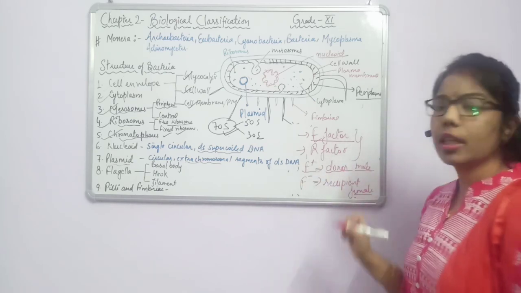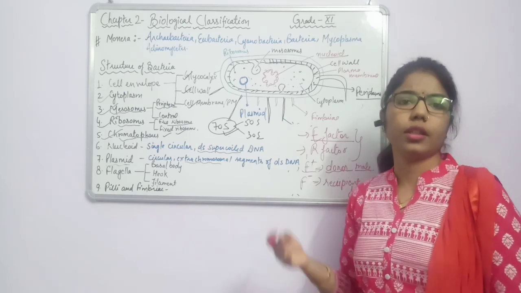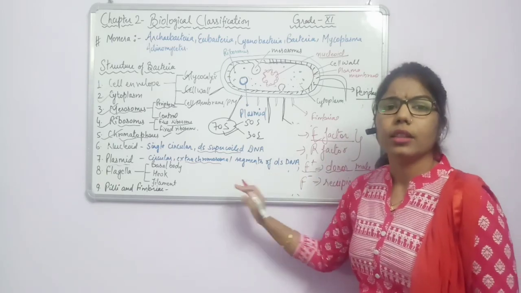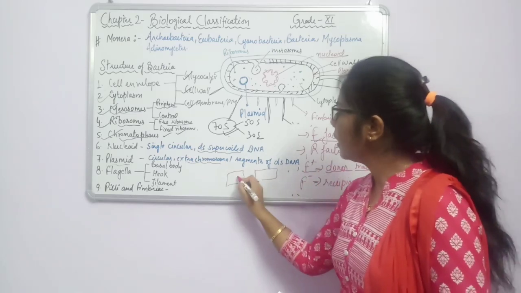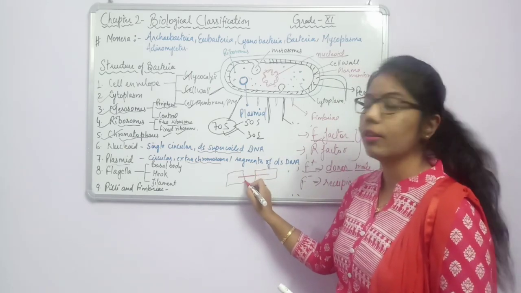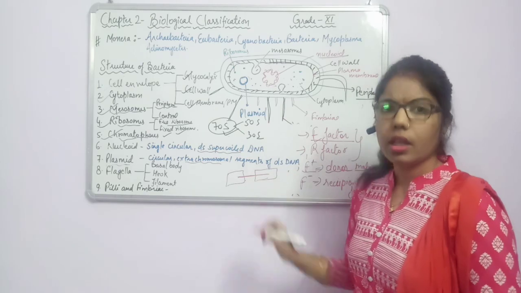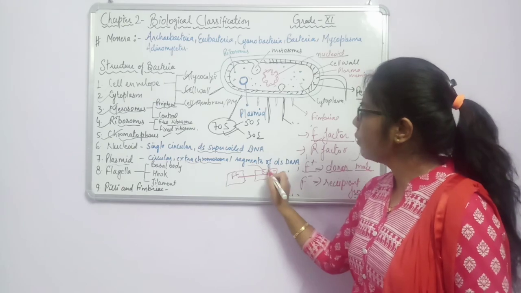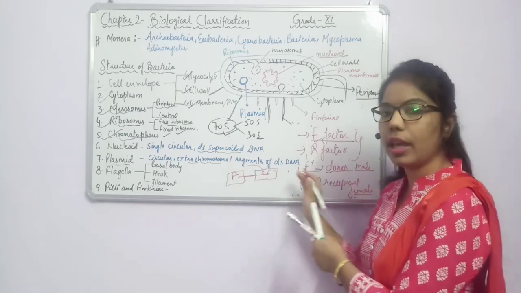During reproduction, we know that bacteria also reproduce by different methods: transformation, transduction, and conjugation. In the conjugation method, there is transfer of genetic material from one bacterium to another bacterium. How are they forming this? They attach with the help of pili, and form a bridge-like structure, a cytoplasmic bridge. So this F factor can be transferred into the F negative strain, or we can say the donor can send the F factor to the F negative strain.